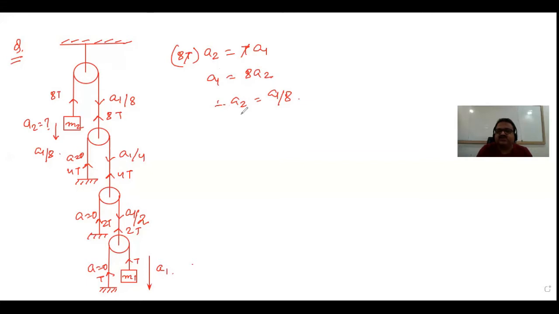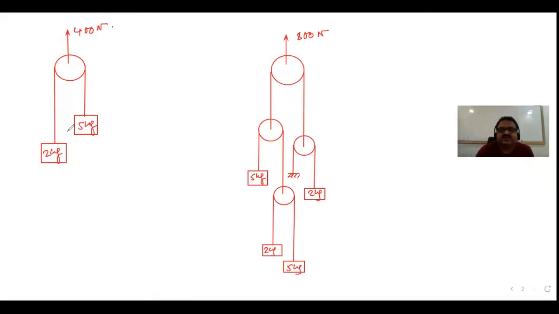Okay, so let me show you a few more problems like this. Look students, the problem is given like this: a 400 Newton force is acting on the pulley, we need to find out the acceleration of each block. Similarly in this problem. So how to solve this problem within a very short span of time? Because in competitive exams, you will not get much time to solve it. So look at the method I am showing you. It's a very easy method by which we can solve it within a minute.